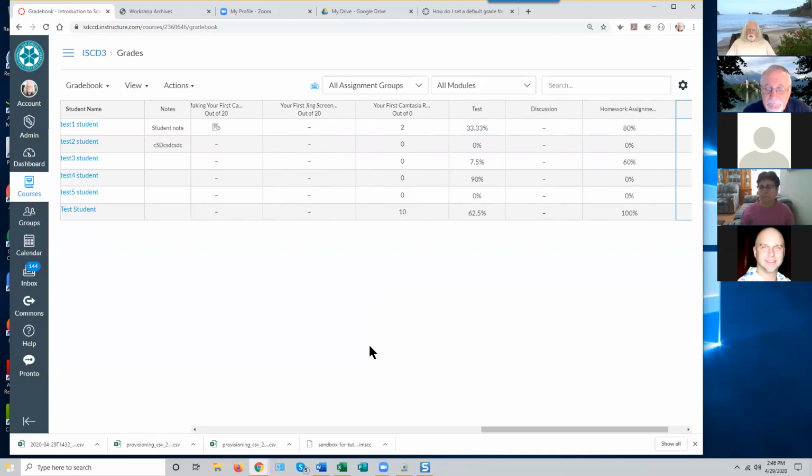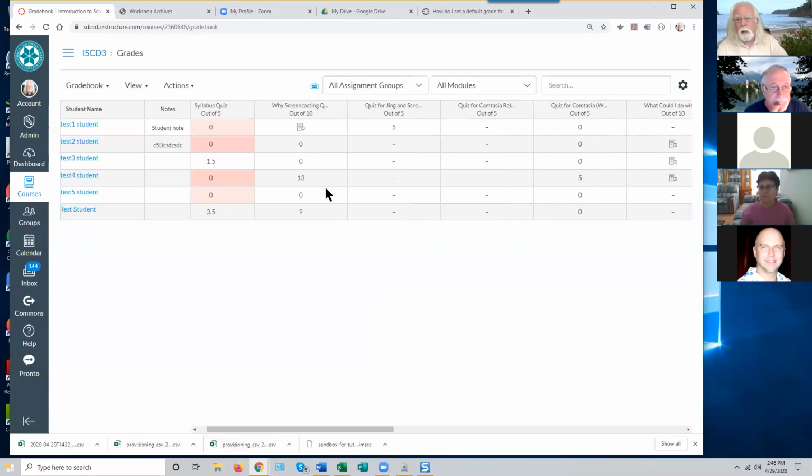In that scenario, your individual assessments are weighted. That is, their individual contribution to the final grade is determined by the number of possible points you've set. So if you want one assessment to count twice what another one does, you give it double